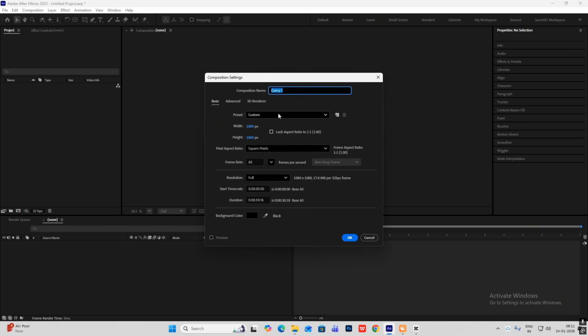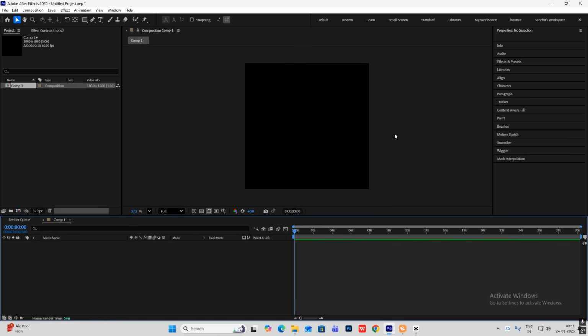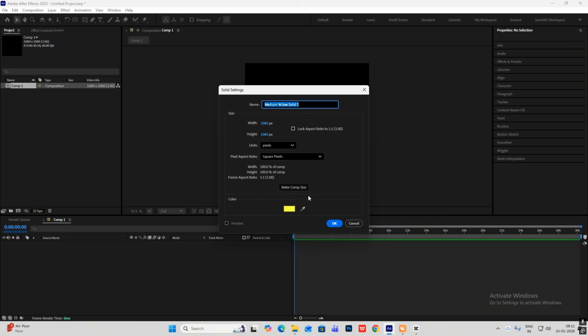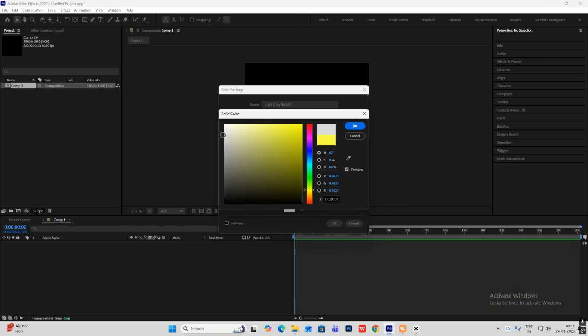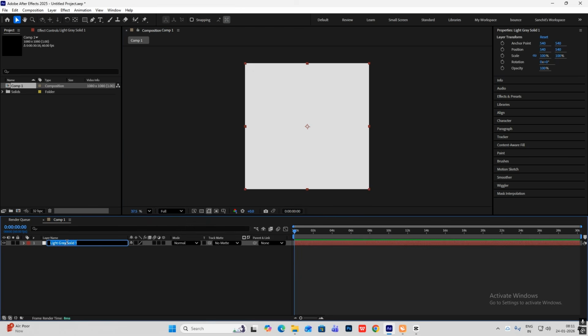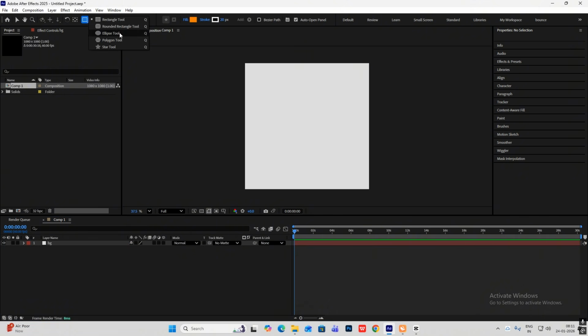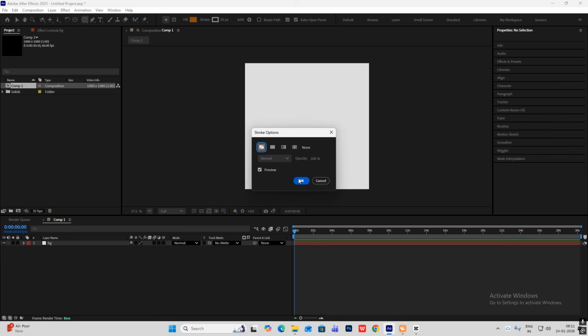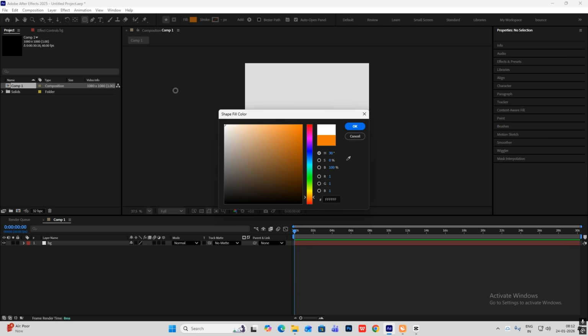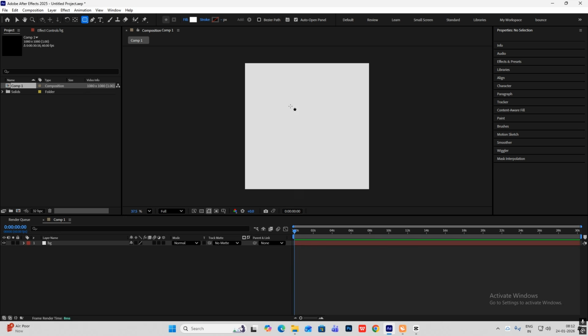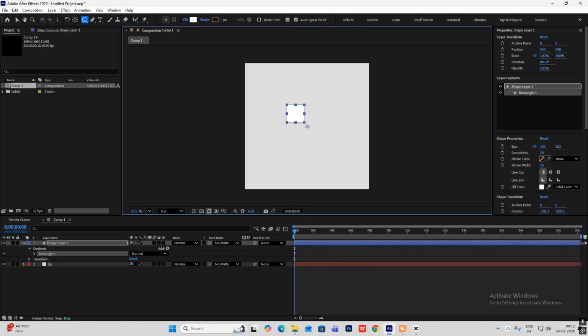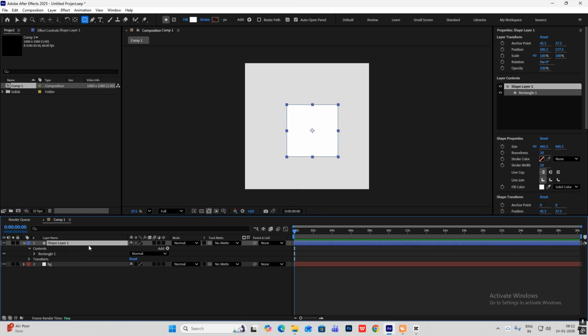New composition, and we'll make it 1080 by 1080 to make it a square format, and frame rate I'll keep 60. Hit OK. New solid, and I'll be selecting grayish color for the background, and I'll rename this to BG. And now I'll be selecting this rounded rectangle tool. Make sure the stroke is off and the fill is selected to white. While holding shift, I'll drag with my mouse like this. Control Alt Home to bring this anchor point in the center, and let's rename this to